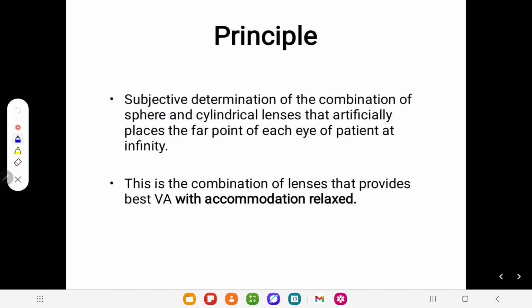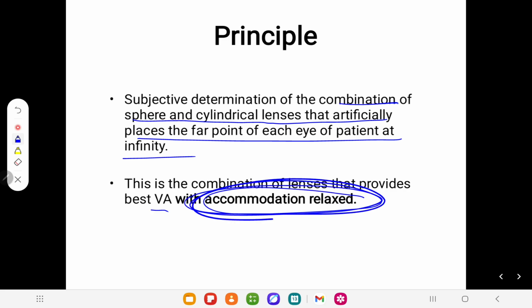Okay, so basically the principle is to determine the combination of sphere and cylinder lenses that artificially places the far point of the eye at infinity. I have already told you, I think maybe 4 or 5 times in my previous videos, what the principle of subjective refraction is. Okay, this combination of lenses provides the visual acuity with accommodation relaxed, with least stress on the accommodation system. Okay,